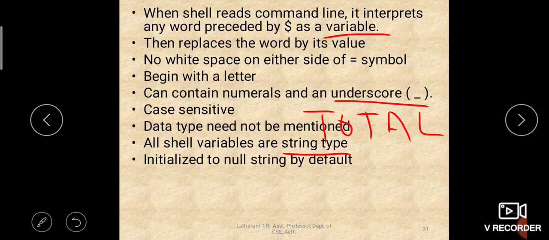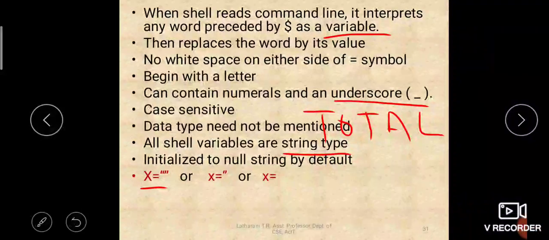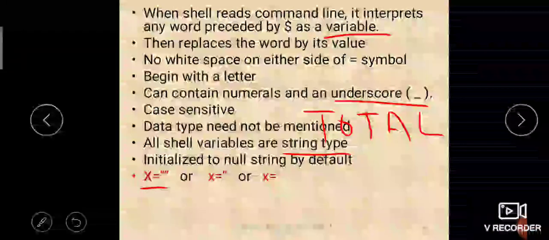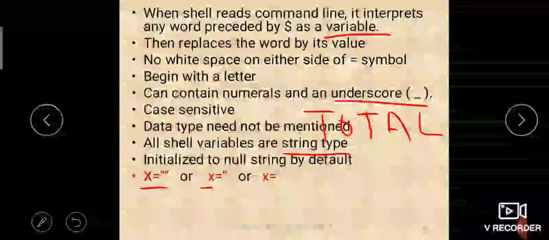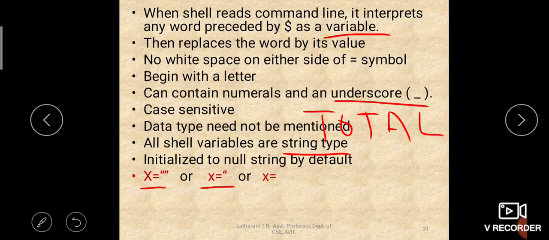Initialized to null string. As soon as you create a variable, it will be initialized to a null string. As it is a string type, by default it can have a null string value like this, x="". These are two double quotes, in between two double quotes nothing is there, that means it is null. Here two single quotes, in between two single quotes nothing is there, that is null.